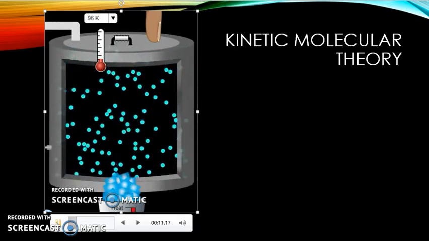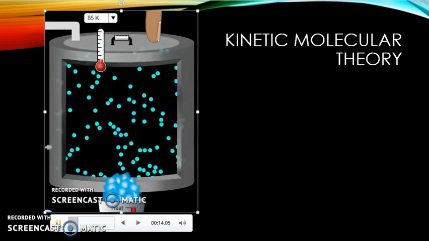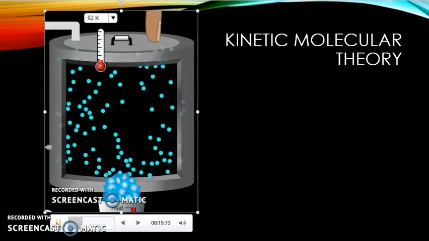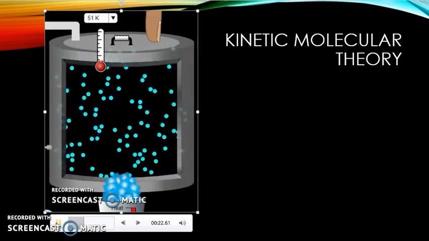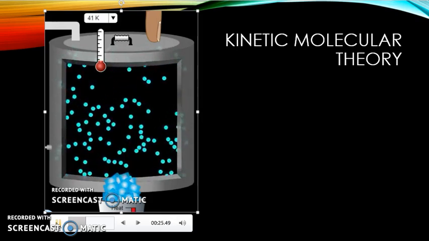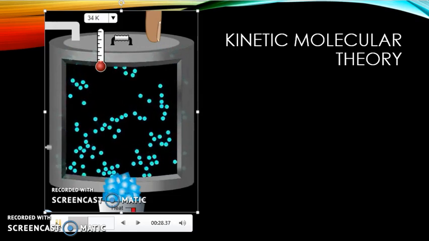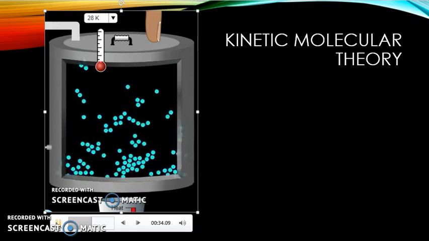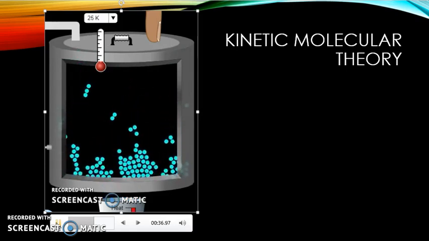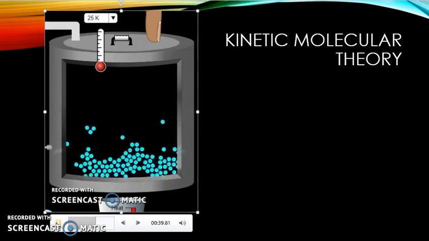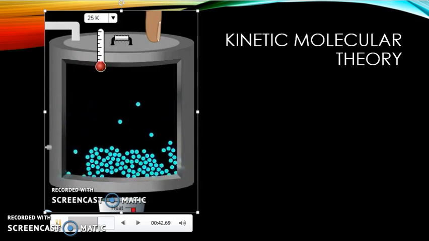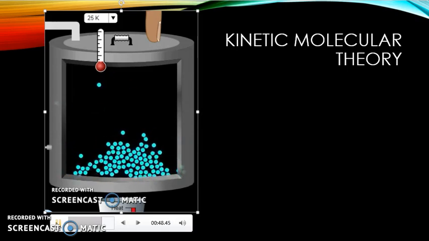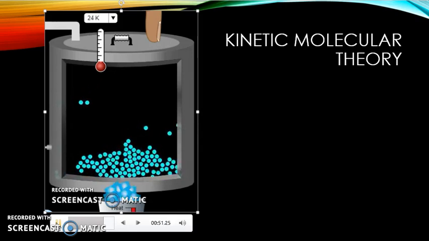Now I'm going to add some ice to this image. We're going to start to cool the sample down. Notice what's happening to the molecular motion. It's starting to slow even more. And as that temperature drops even further, take a look at what's happening to the particles. The particles are spending more time next to each other. They're having an attractive force. And look, that attractive force is becoming so great that, does this gas look like a gas anymore? I think it's a liquid. If it's a liquid, it can't be a gas, and therefore it can't obey any of our gas laws.